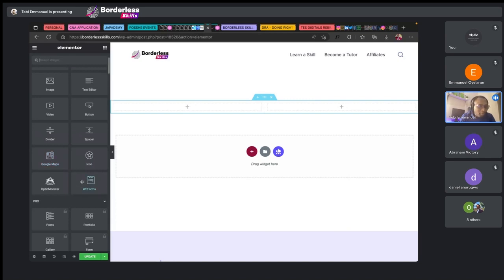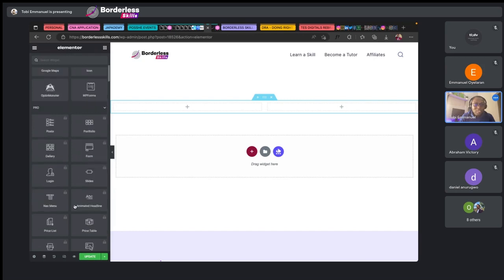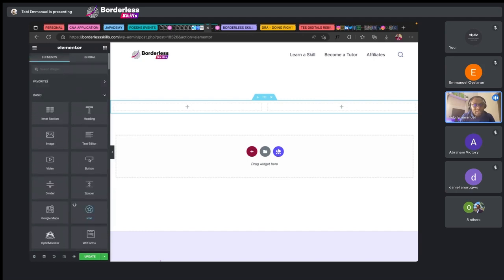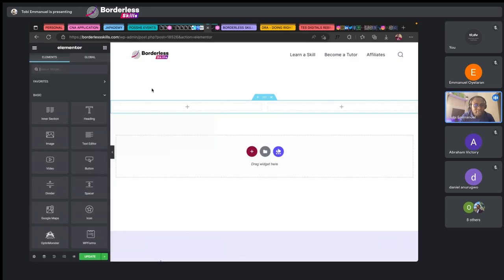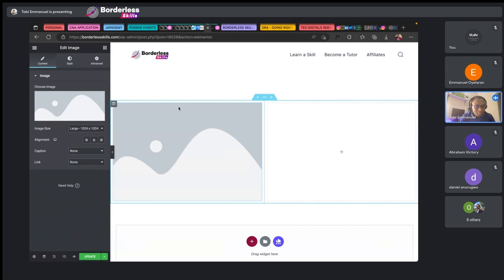If you need a WP form, a form, just drag and drop. If you need an icon, just drag it and drop. It's as simple as that. So whatever it is you want to build, just drag it and drop it. That's all. Now we need an image, right? Based on what we are developing, we need an image. So let's simply drag an image. We just drag an image. An image is the placeholder that is going to hold the